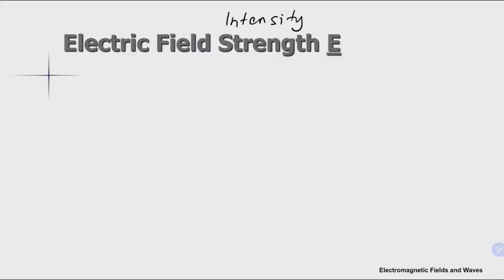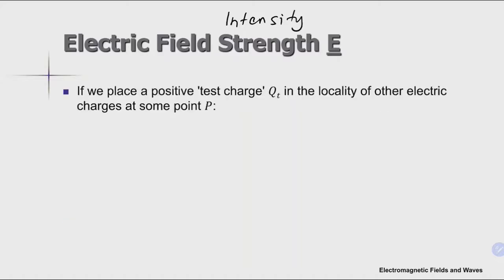So we're going to look at electric field strength, or in the beginning I said intensity. So electric field intensity E, or electric field strength E. So if we place a positive test charge, we call it Qt, in the locality of other electric charge at some point P,